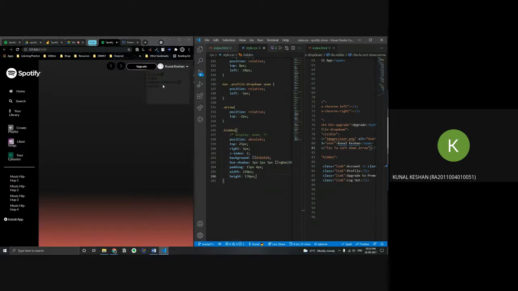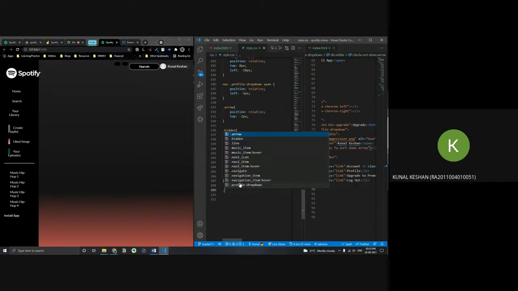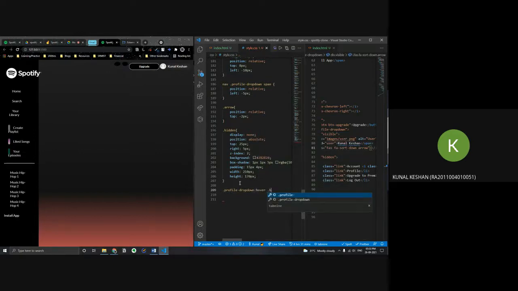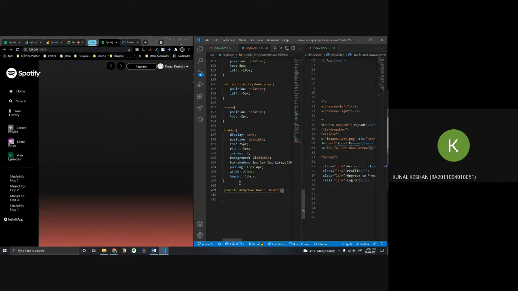One thing, we have to style the UL elements now, but before that we'll put this one again. Now I'll show you how on hover you can bring that element back. So you just go dot profile drop down. When it's hovered, the child element, that is the hidden element, should become display block. So now you see there, as simple as that.